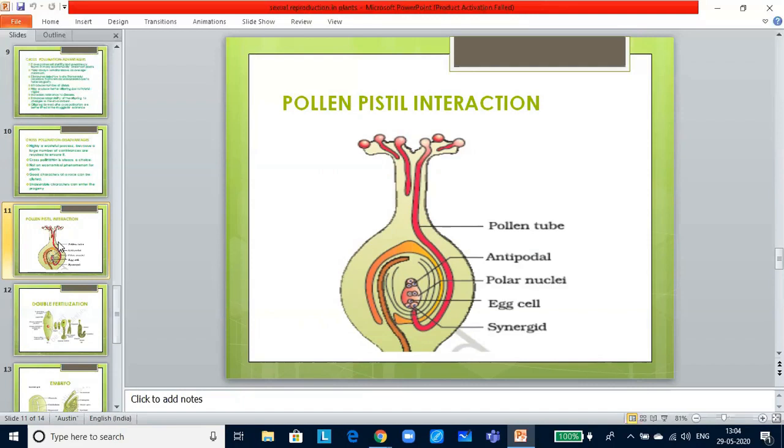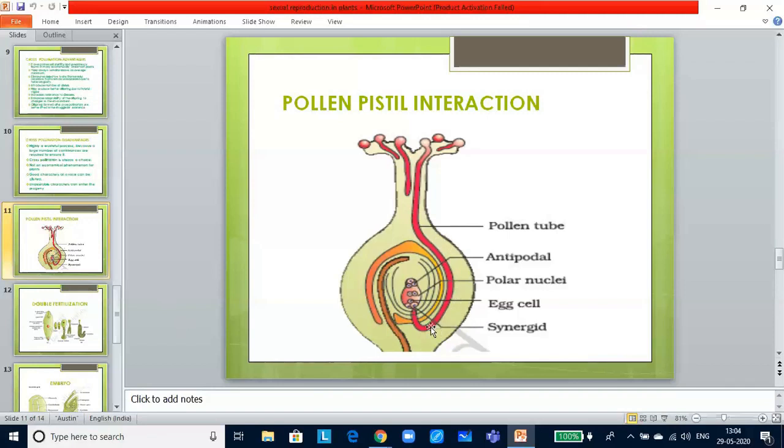The ability of the pistil to recognize the pollen is due to chemical components of the pollen interacting with the pistil. It is only recently that botanists have identified some of the pollen and pistil components and the interactions leading to recognition. Following compatible pollination, pollen grains germinate on the stigma and produce a pollen tube.